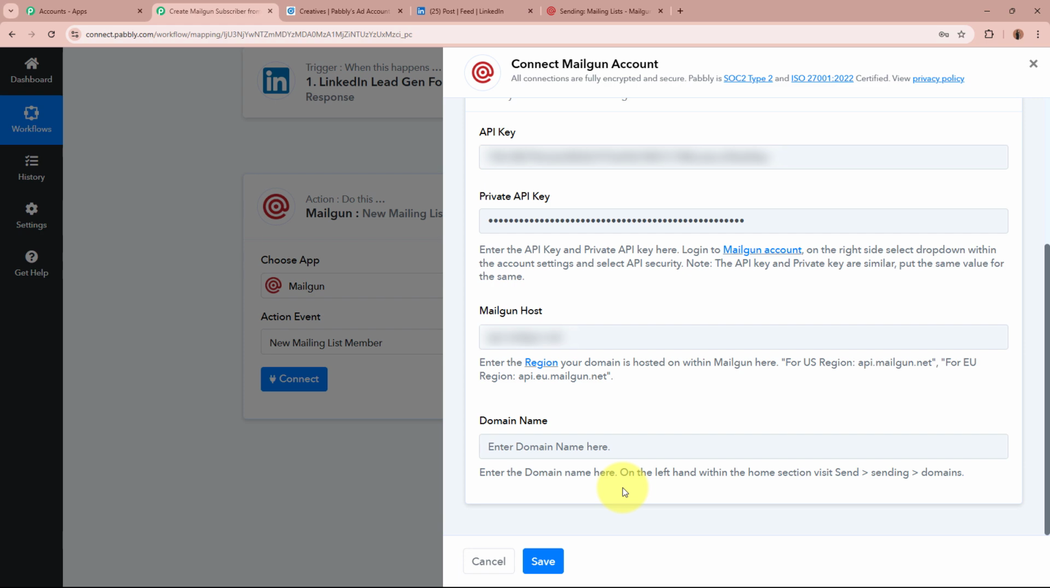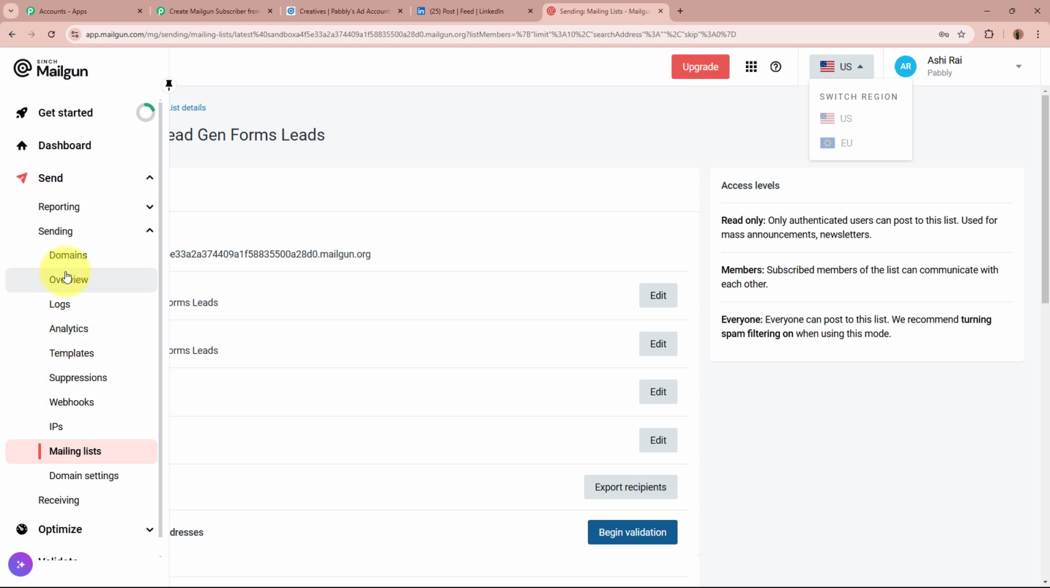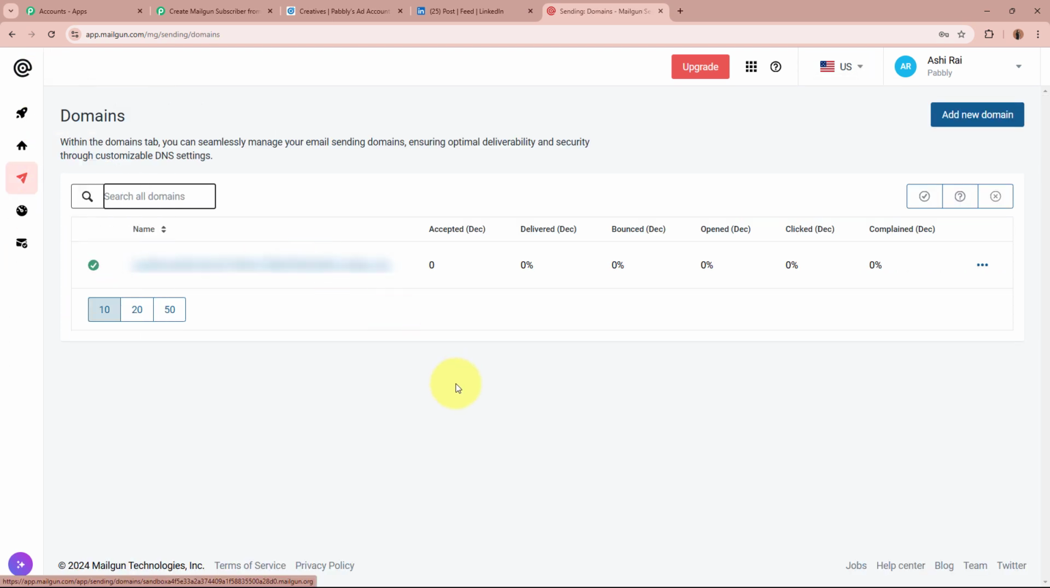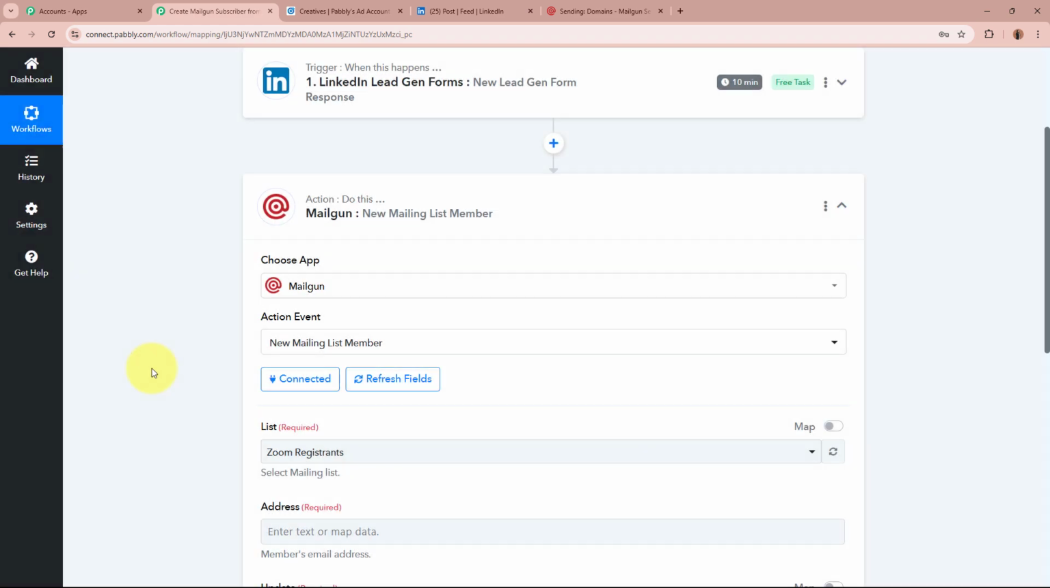After that, it is asking for the domain name. So now to have the domain name over here, we're going to go back to our Mailgun account. From the left side of the panel over here, you can see it says domains. I'm going to click on this button right here. And this is the domain of my account. So what I'm going to do is simply copy this domain from here, and paste this domain right here, okay? After entering the API key, host, and the domain, I'm going to click on the Save button to connect Mailgun